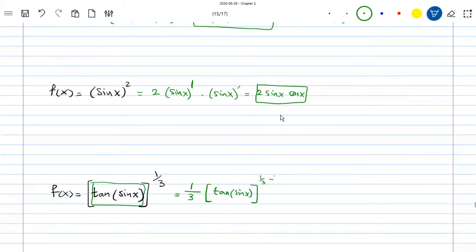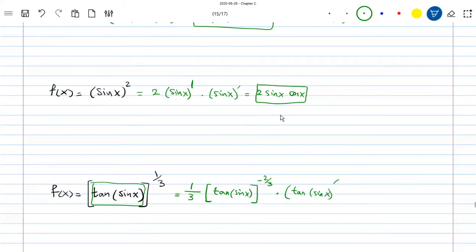So 1/3 minus 1. You can do it without writing it. So 1/3 minus 1 is negative 2/3. So I can write negative 2/3. Multiply by, chain rule now applies. It says multiply by the derivative of the inside. The derivative of the inside is tangent sine x